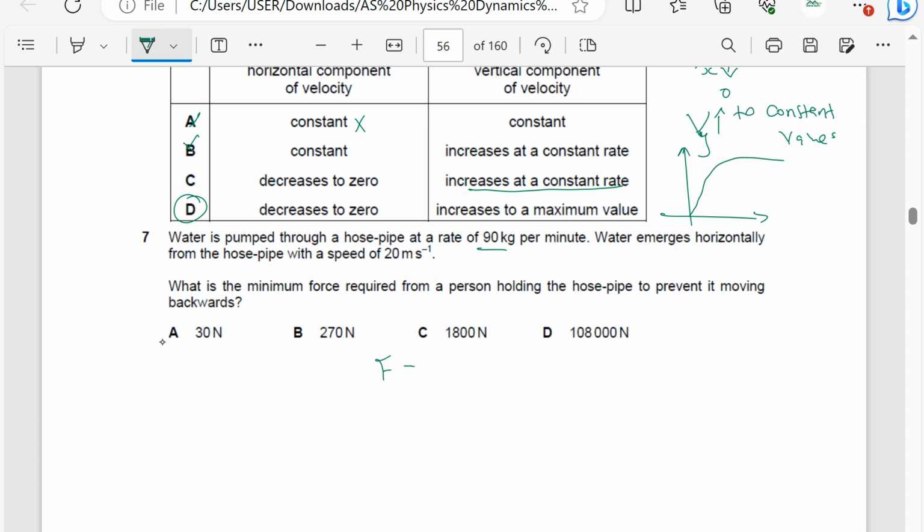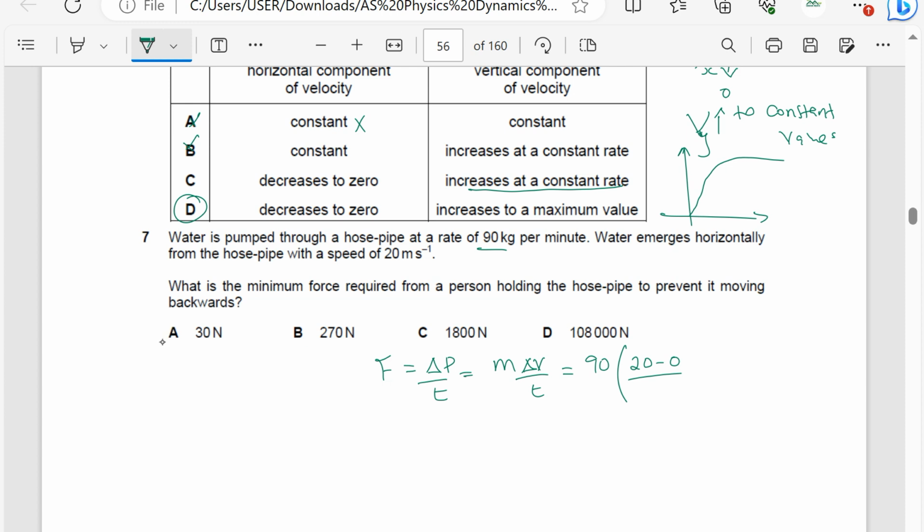So we know that force is equal to the rate of change of momentum. So change in momentum is mass times change in velocity divided by time. So the mass is 90. The velocity is going to be 20 minus 0 because initial velocity is 0. So water emerges horizontally from the hosepipe with that speed. So the other velocity is 0. So over the time,